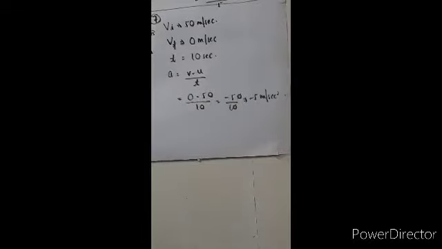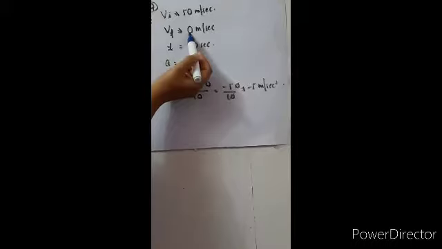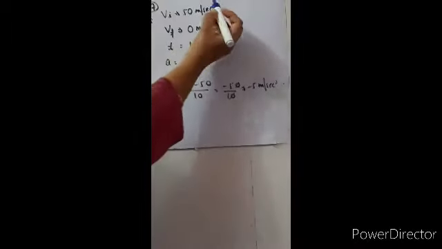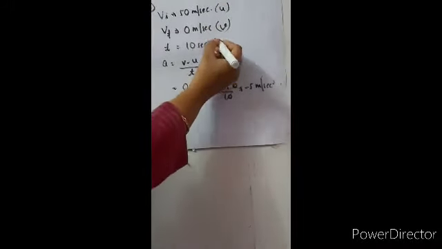This is the main reason why I am stressing onto this. When something starts from rest, initial velocity will be 0. When something stops, comes to rest after some velocity, after some distance, then the final velocity is going to be 0. Now, initial is 50 and then it stops, means the final will be 0. And it stops in how much time? After 10 seconds. So, initial, that is the value of U, is given. Final, that is the value of V, is given, and T, time, is given to you. We have to find out acceleration.